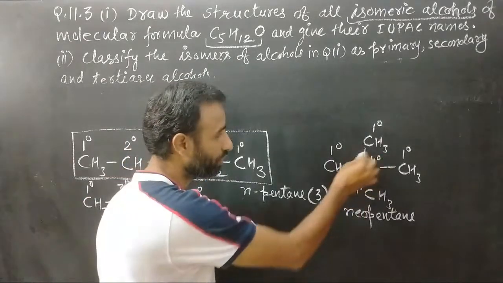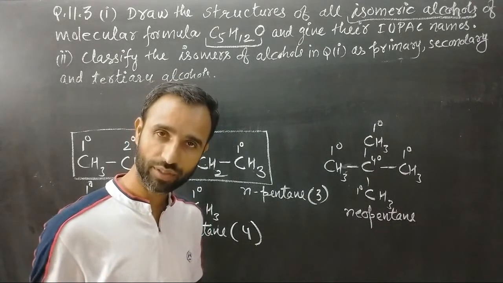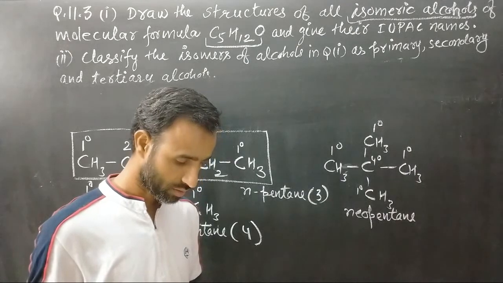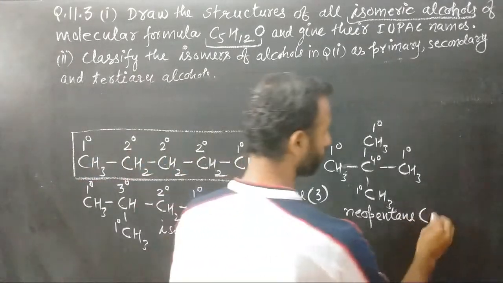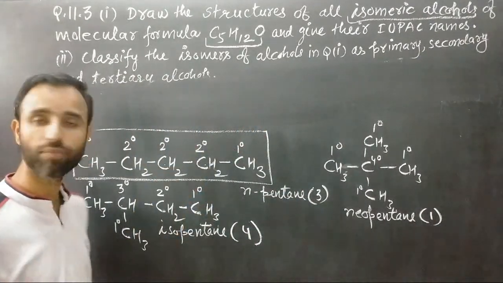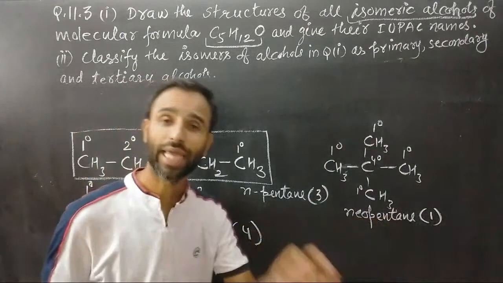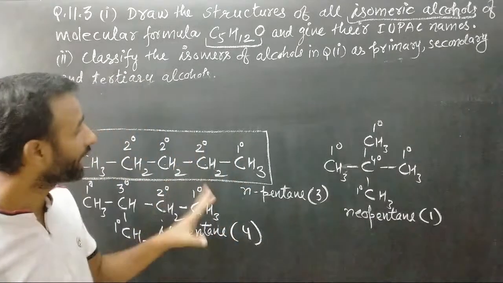Is there hydrogen with quaternary carbon? Very good. So 1 isomer is possible for neopentane, 1 alcohol is formed. So total 3 plus 4 plus 1, 8 isomeric alcohols are formed by